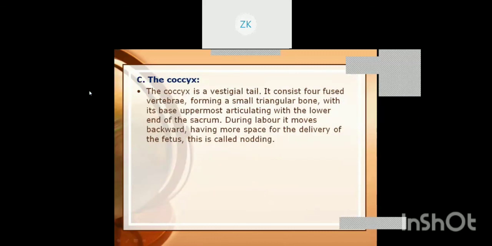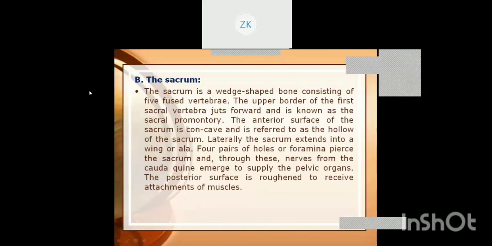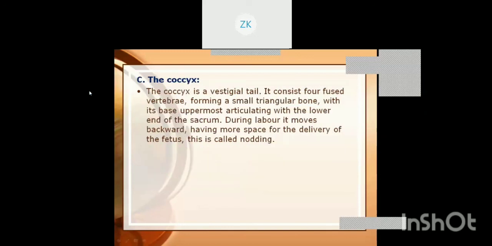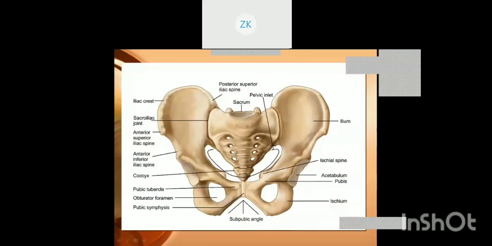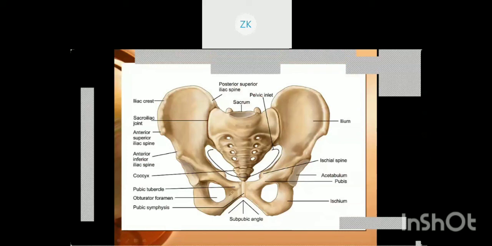And then we have the coccyx, or the vestigial tail, we call it, right? The tail. Here it consists of 4 fused bones. Earlier in the diagram you saw that the sacrum consists of 5 fused vertebrae. Here the coccyx consists of 4 fused vertebrae. It's a small triangular bone, and here in this area you can see the coccygeal bone, or the coccyx. It is formed by